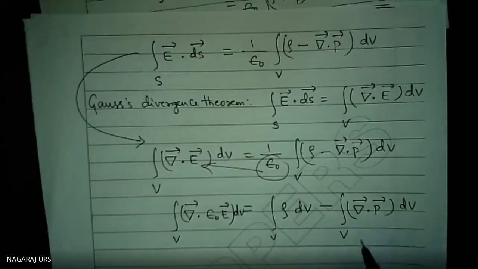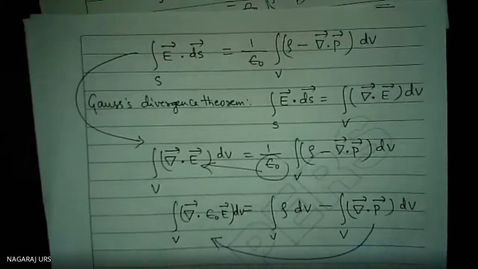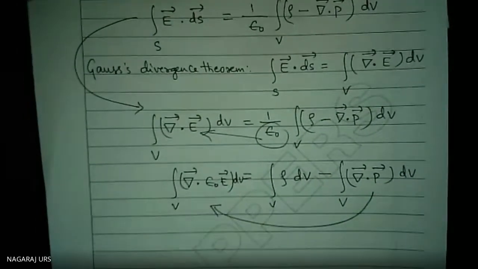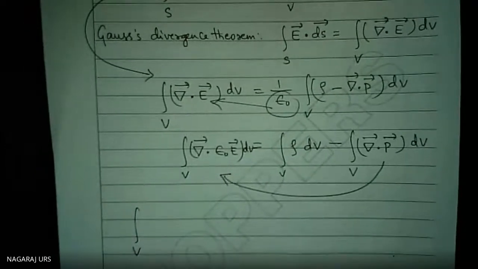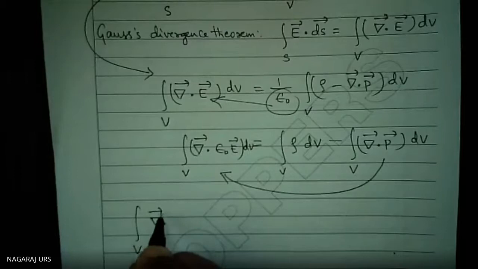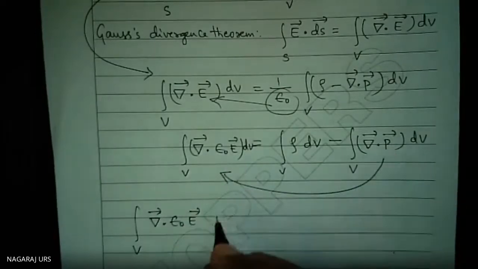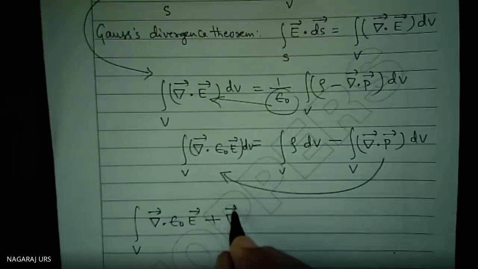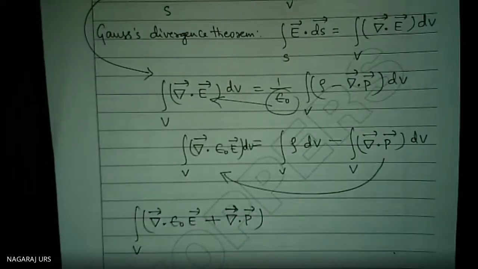Clear? Now I will shift this negative sign. Anyhow, it is volume and volume, so I can add these two. Therefore, the volume integral of del dot epsilon naught into E, coming over here, plus del dot P, into dV